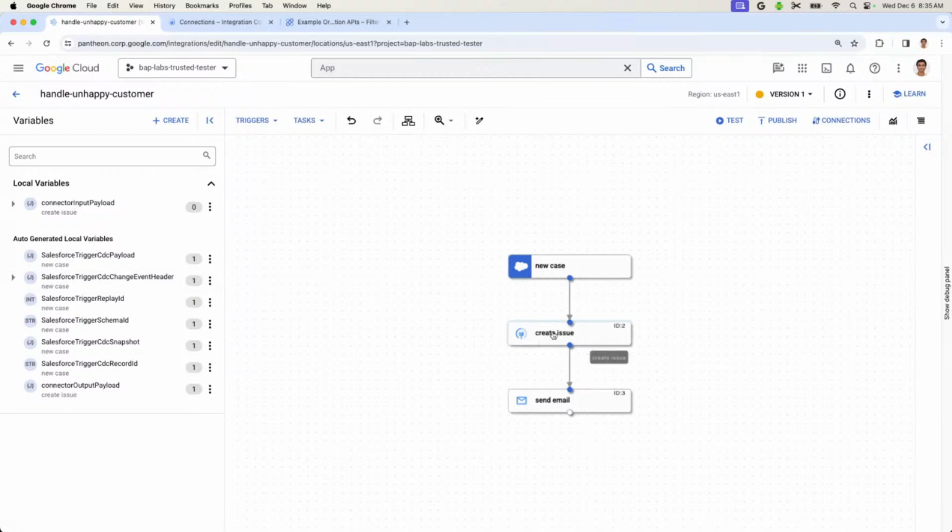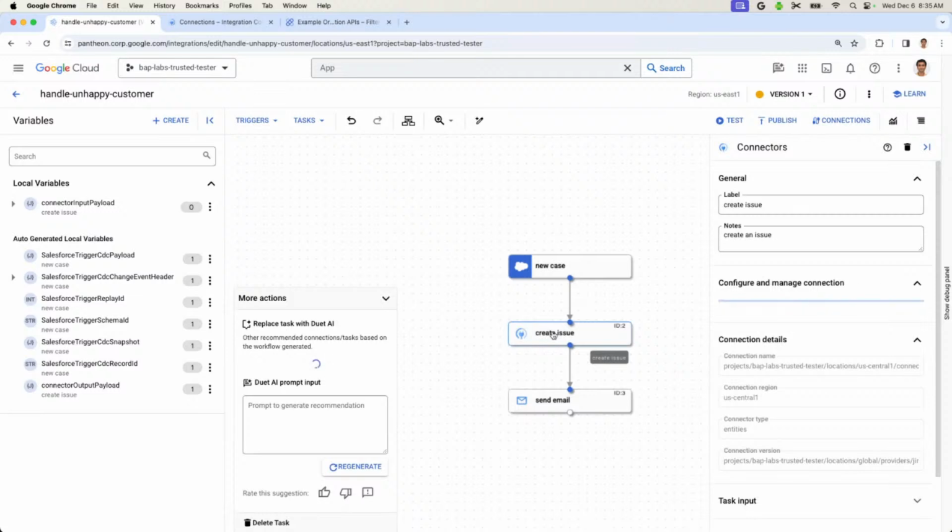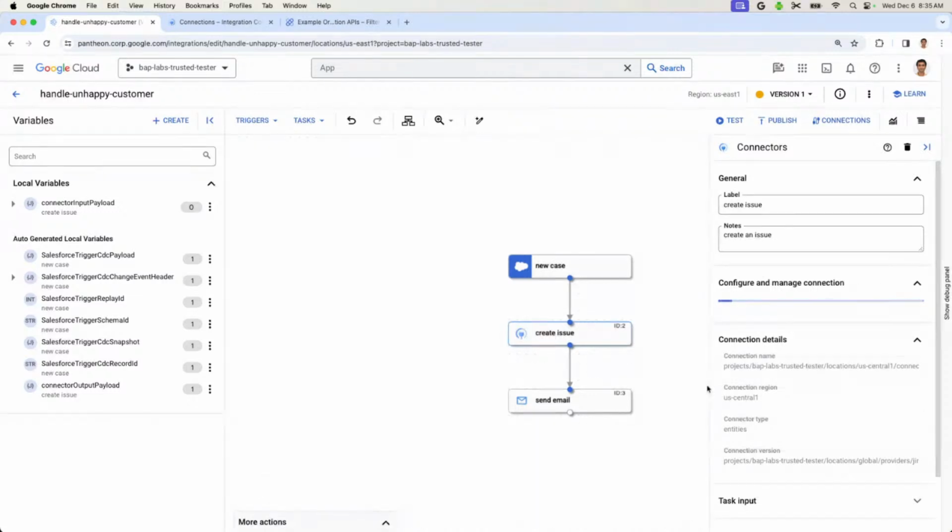Not just that, I said the keyword here, issue. Many of you would have used Jira. If you look at Jira, Jira uses the word issue, right? And it was able to automatically identify my enterprise connection, that there was a Jira connection, and that's what I'm using.